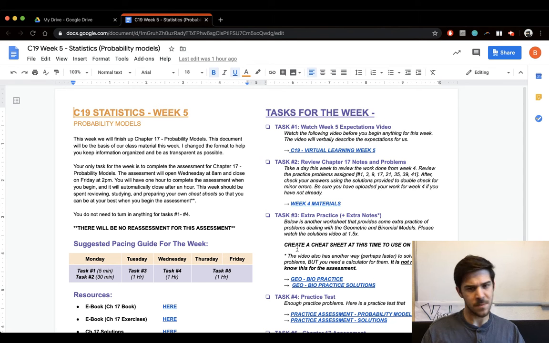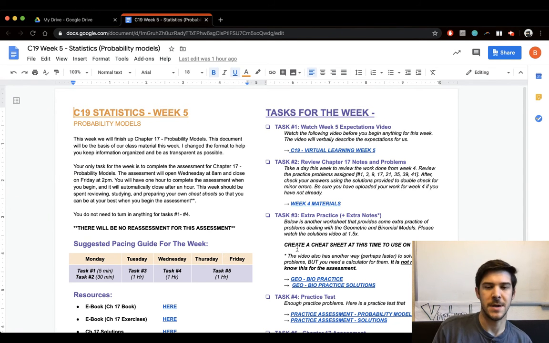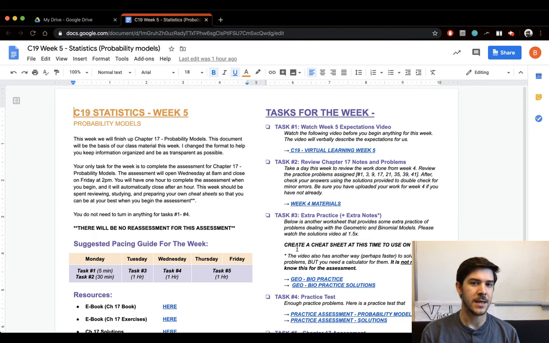This is a little bit of a new format for me. I'm trying out Screencastify. I hope you all don't mind. In addition, I've also changed the way that our assignments are going to look for the week. I'm trying to trickle down the amount of pages you have to open and making sure that all of the information is contained in one spot.